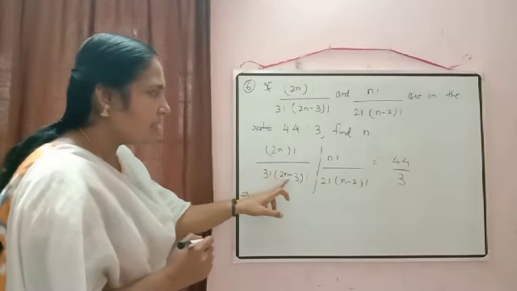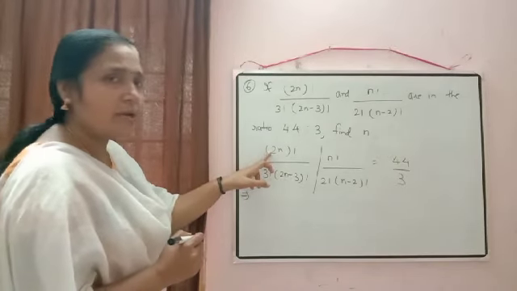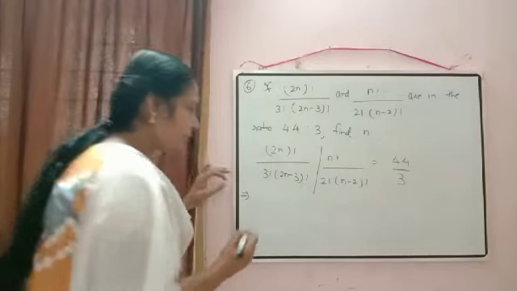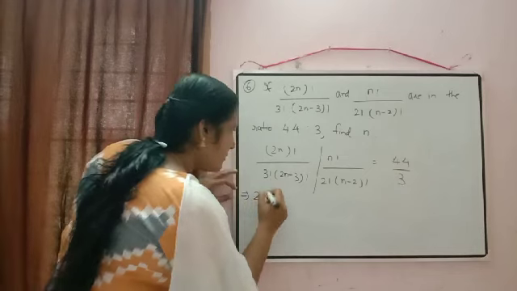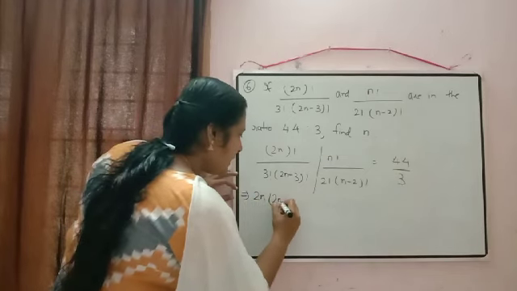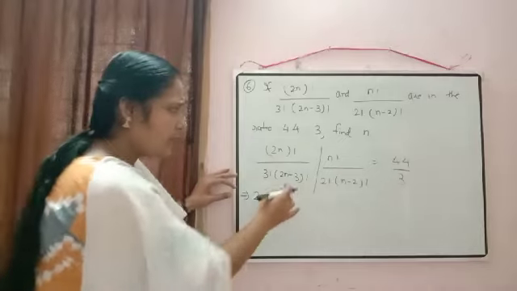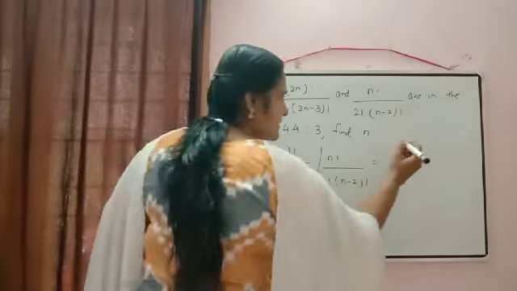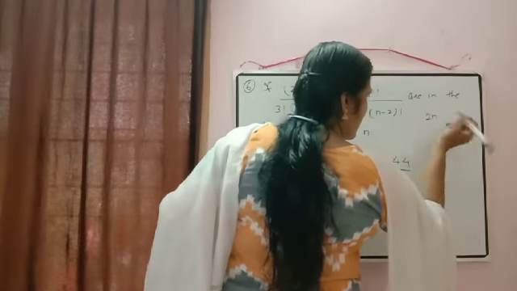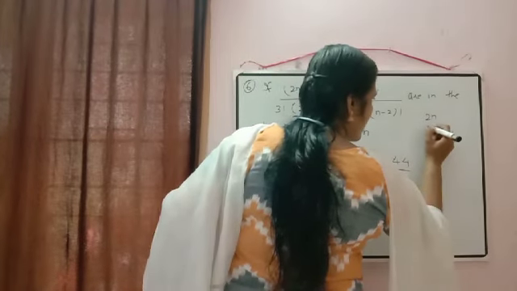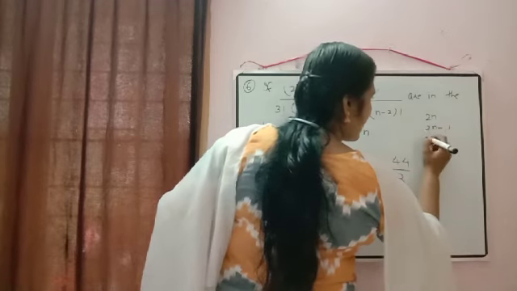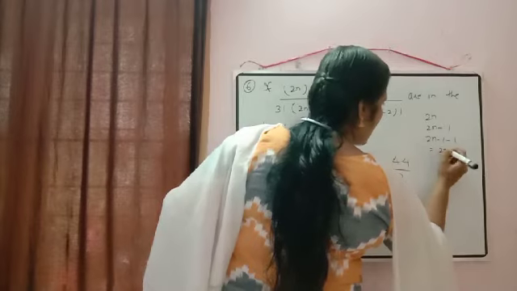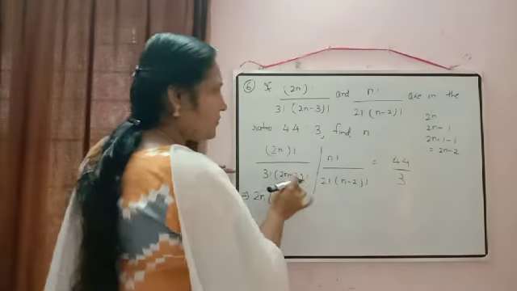Again just to check, which number is greater here? 2n is greater or 2n minus 3 is greater? Obviously 2n is greater. Now we are going to subtract 1 from this 2n. So first we write 2n only. Now subtract 1, what will come? 2n minus 1. Again we have not got 2n minus 3, so again subtract 1. Then 2n minus 1 minus 1 will be equal to 2n minus 2. But we need 2n minus 3.